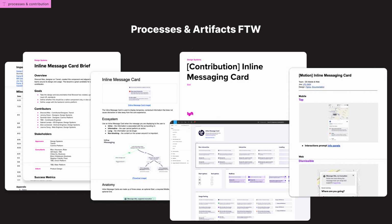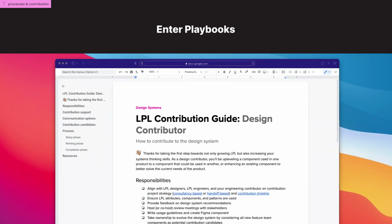10 points to Gryffindor. But that only solved one part of the equation. We needed to address that it takes too long to contribute conversation. Since we love artifacts so much, we leaned into that and created additional ones called playbooks that answered any and all questions around contributions. In each role-specific playbook, like this one for design contributors, we provide as much detail as possible, including the expected effort required to contribute, what they're responsible for, and what's shared with the LPL designer,